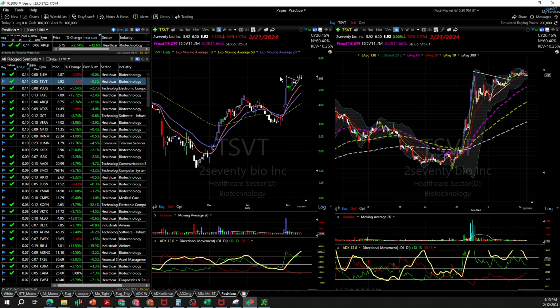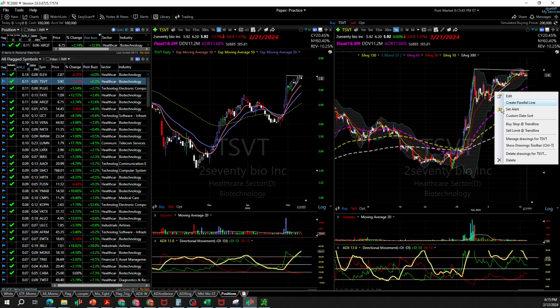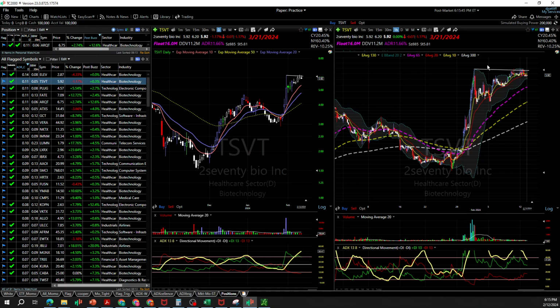This one's debatable. It's kind of towards the top of this range. It's kind of building out a nice tight area, and you could see the previous flag that I drew out, it actually broke out of that. But if you want to readjust that, maybe this could be an add point if you got in the initial leg. But I would just draw a trend line here,